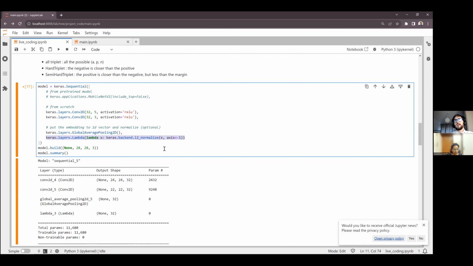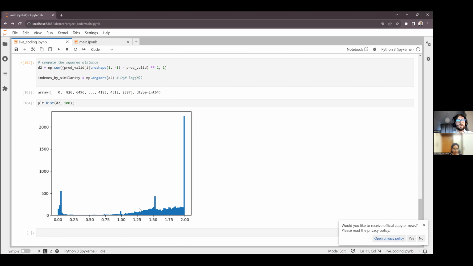If we didn't put that, we could have any value, much smaller, bigger, etc. But these seem to be good. We have a spike here that is not too big, something like a few thousand elements that are probably the items in the same class. And you can see here that there is a pile of elements that are quite dissimilar. And then there are items in between.